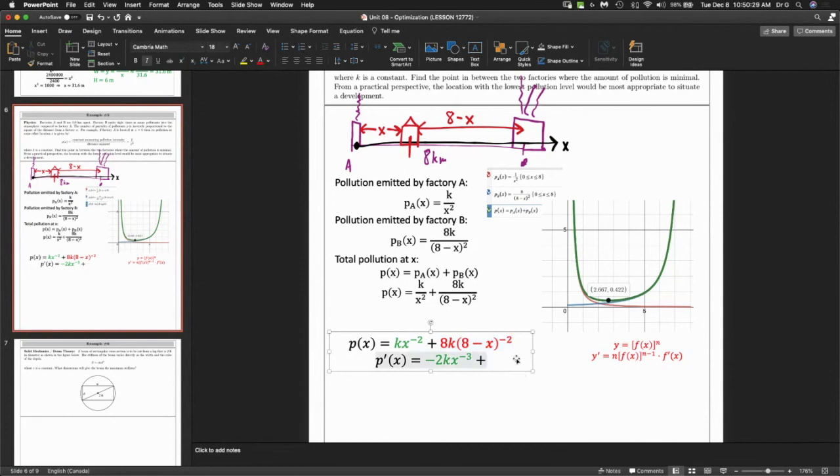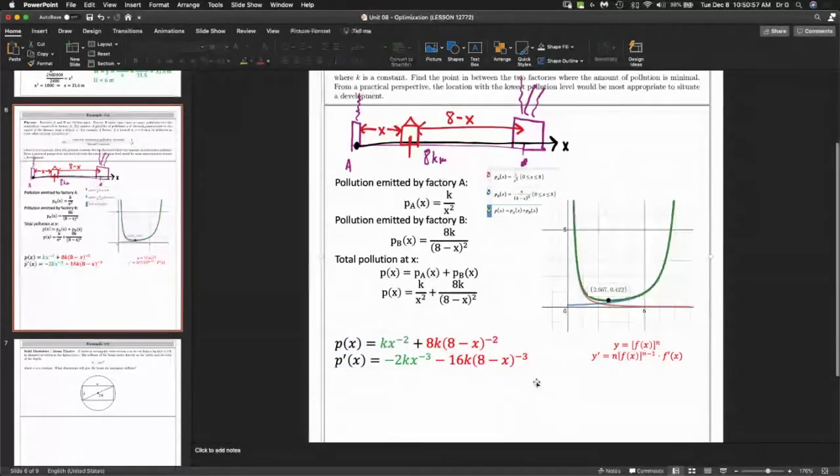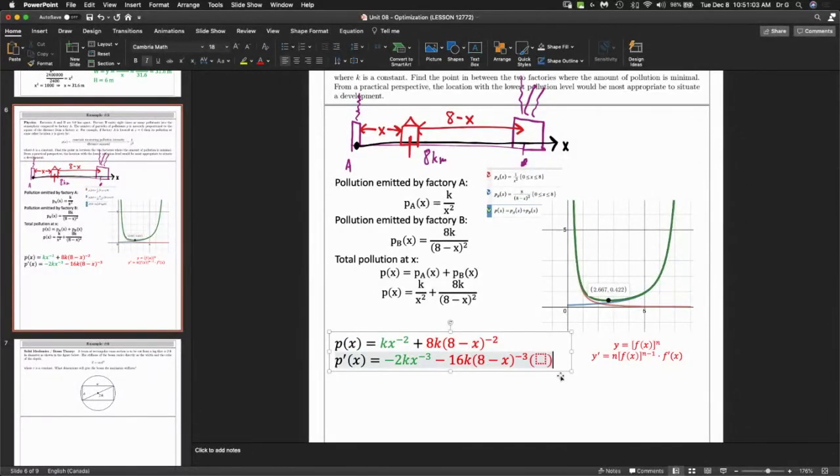Remember, k is a constant. So if you bring the negative 2 down, you're going to multiply the negative 2 by the negative 8k and get negative 16k. Just got to make that red so I'm fair to the labeling here. And then you'll have here 8 minus x to the negative 3. So it just looks just like the rule that I'm presenting over here. But then you need to take the derivative of whatever's in the brackets. And in the brackets, we have 8 minus x. The derivative of 8 minus x is negative 1. So after the dust is settled here,